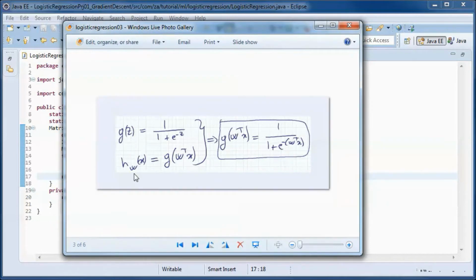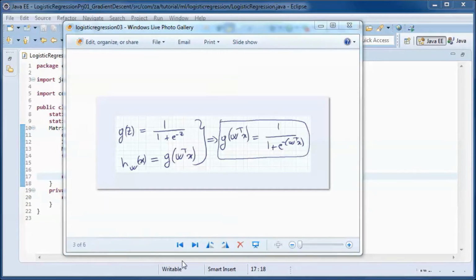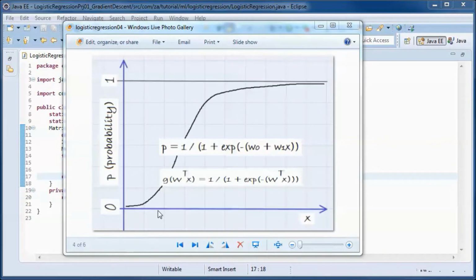So the hypothesis and the sigmoid function gave us this. So g of W transpose X will be the probability. So it will be equal to 1 over 1 plus e to the minus (W0 plus W1x). So for our example, suppose we only have one interview instead of 2.